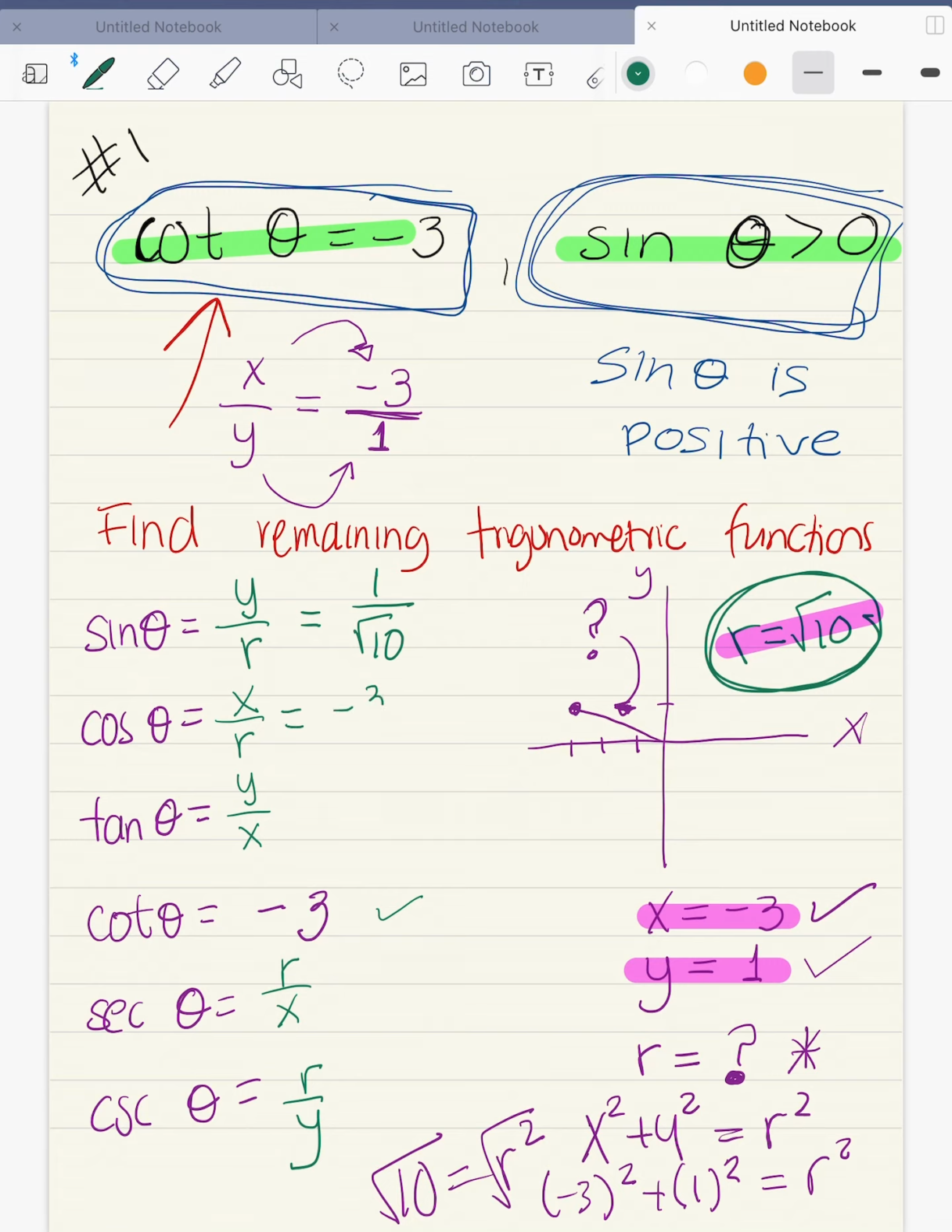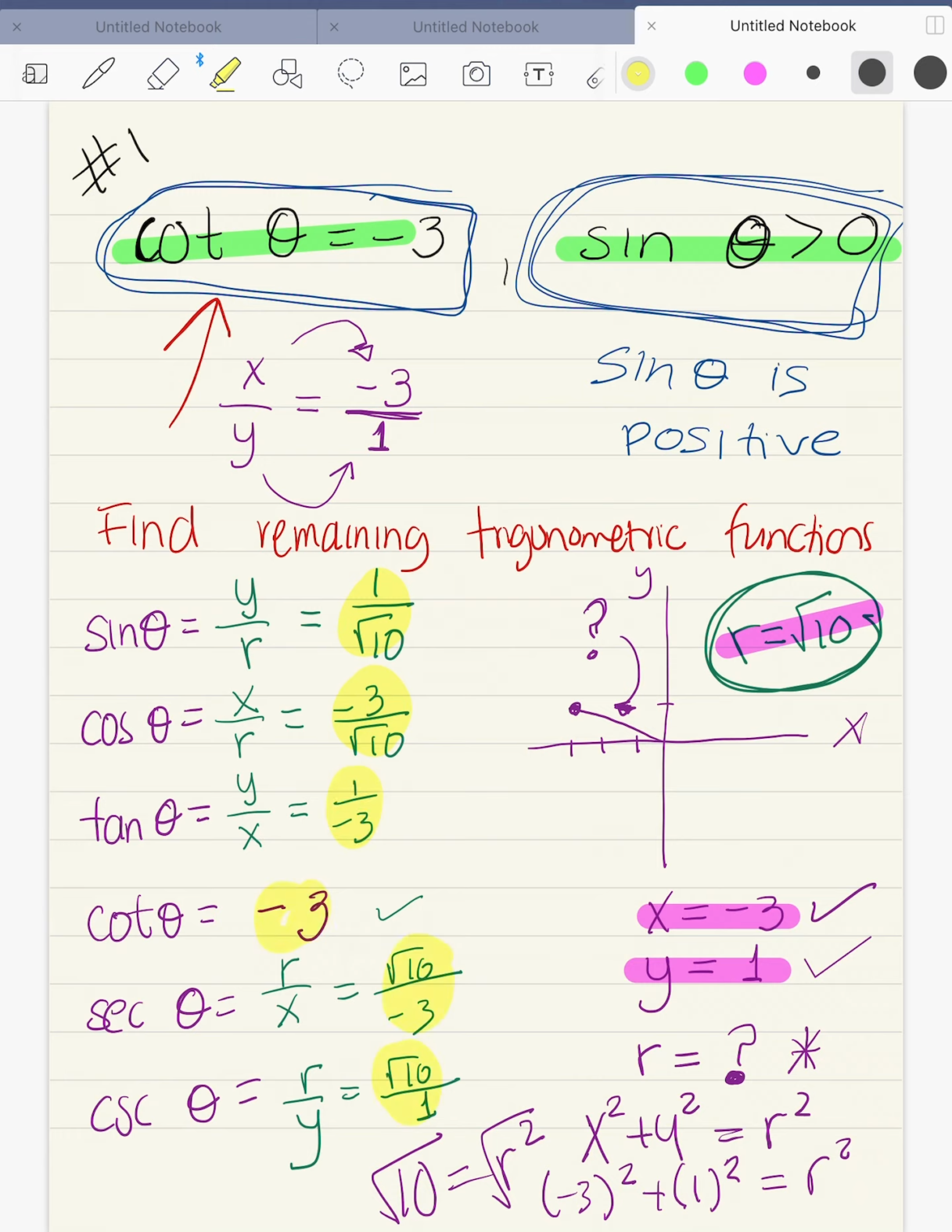X is negative 3 over. The radius is square root of 10. Tangent is y over x, so 1 over negative 3. Cotangent is done. Secant is r over x, so square root of 10 over negative 3. Cosecant is r over y. R is square root of 10. Y is 1. So I can find any trigonometric function